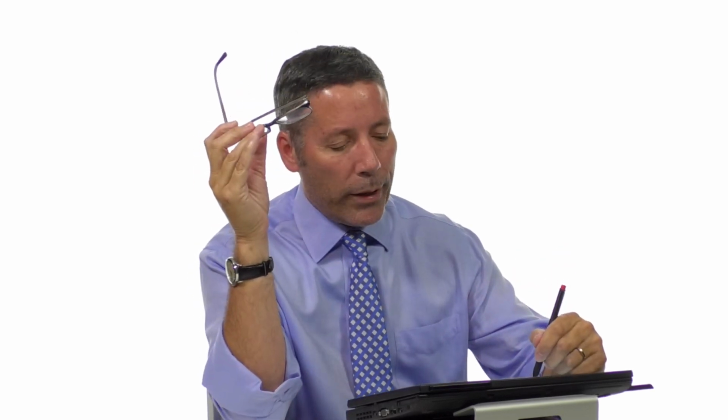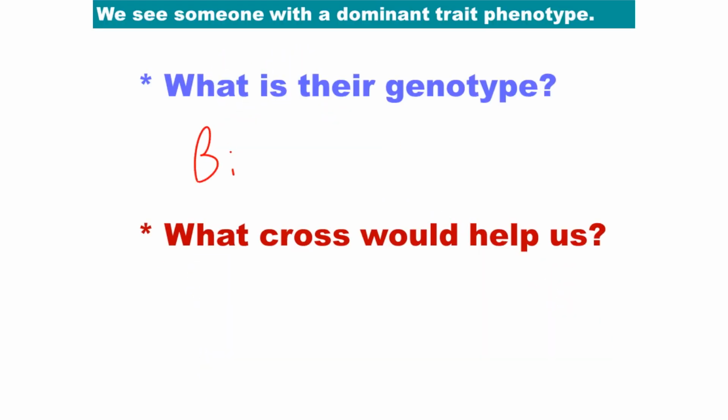So we want to know my genotype for this hypothetical gene of eye color with a big B and a little b. And then we want to know what cross could we do that would allow us to figure out definitively between homozygous dominant and heterozygous. So we know that my genotype has to be big B, big B, or big B, little b. So how can we figure it out? Well,